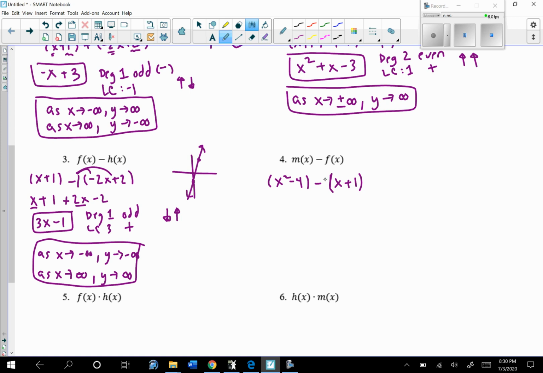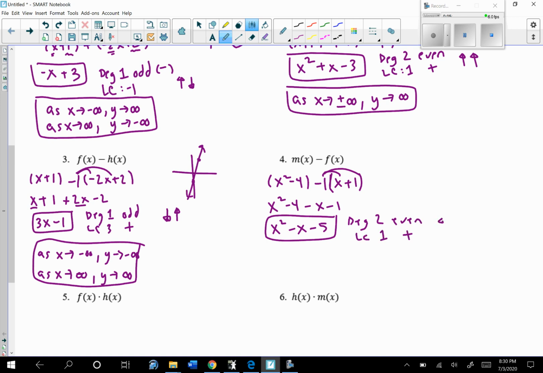So remember that we have this 1 here, and it gets distributed because of that negative. So x squared minus 4 minus x minus 1. And then there are no like terms except for the constants with the negative 4 and the negative 1. So x squared minus x, and then that becomes minus 5. And so the degree of this polynomial is 2, which is even, and the leading coefficient is 1, which is